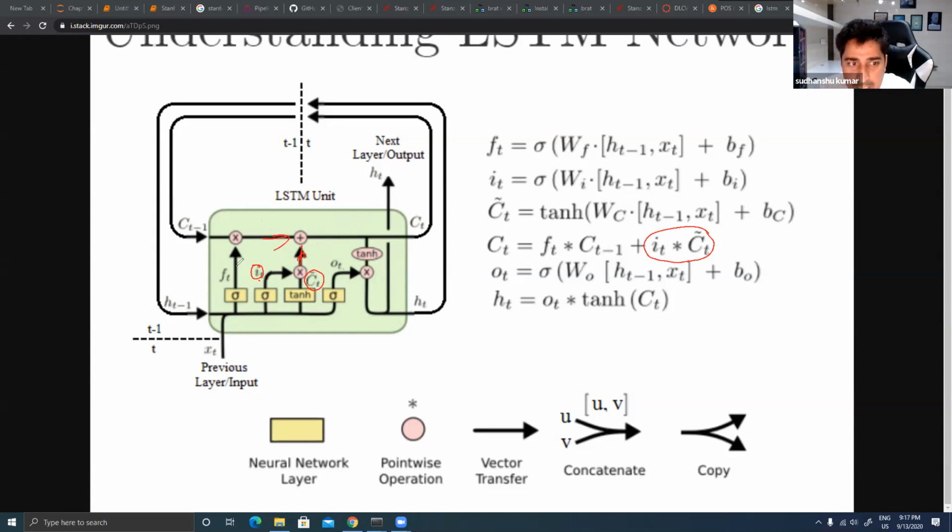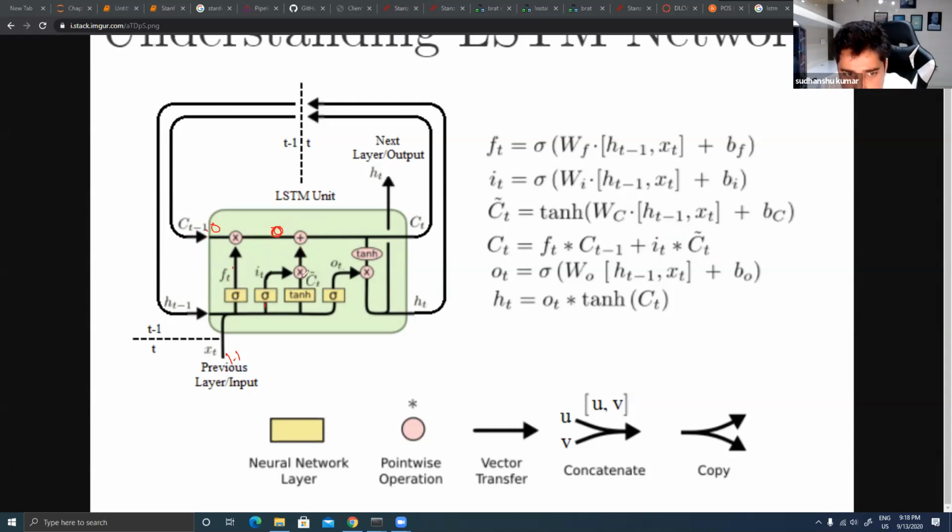Now what is this one? This is nothing but F_T into this one, right? So here you will get F_T, meaning the forget gate output, into the context from time T minus 1. And we are trying to add this with an activated memory. It means simply that we are trying to add something into a memory. So for the very first time when I have passed H, this was equal to 0, because this into this is equal to 0. So here it will be 0 for the very first time, when I'm trying to pass just H.